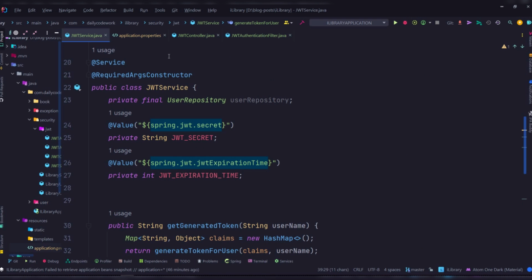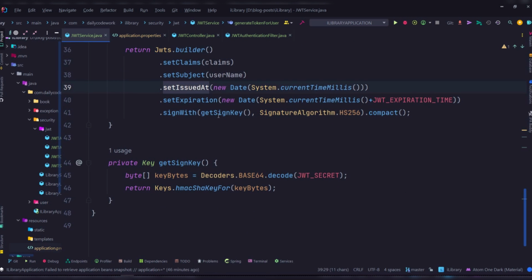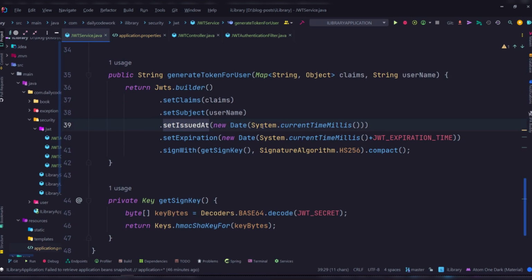1,800,000, right? Which is 30 minutes. It's going to expire. Now the sign key here, signWith, which is the algorithm for encrypting this key, right? So we're going to get this sign key by getting the secret key to decode the key here, right? So here, this is the sign key, which is the secret key we passed in. So that secret key is the one that JWT is going to take to encode the token for the user. So it's going to contain here